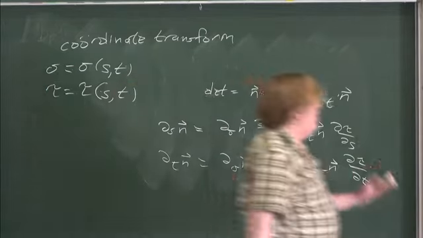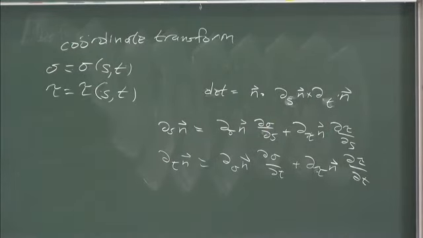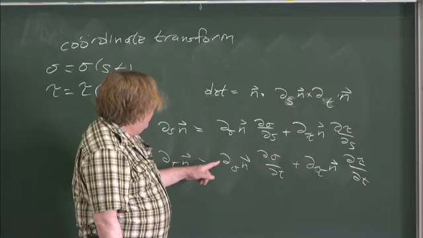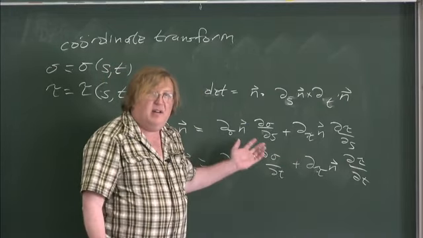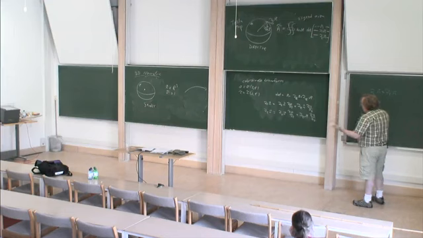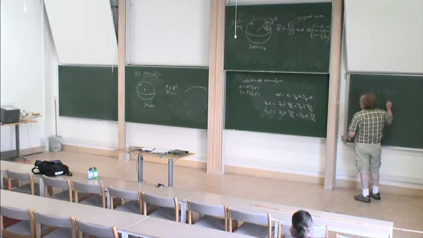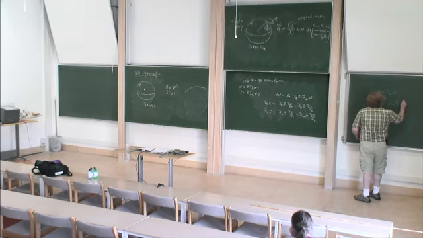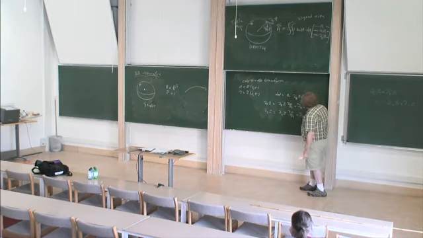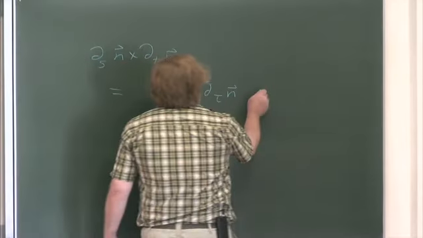When I take the cross product, I'm going to do it on this auxiliary board because it's not that interesting. Of course, dt n cross dt n is 0, and d sigma n cross d sigma n is 0. I'm sorry for using crosses and dots, but we're in 3 dimensions, so I don't need anything fancier. I get d sigma n cross d tau n times d sigma ds d tau dt minus d tau ds d sigma dt, which is the determinant